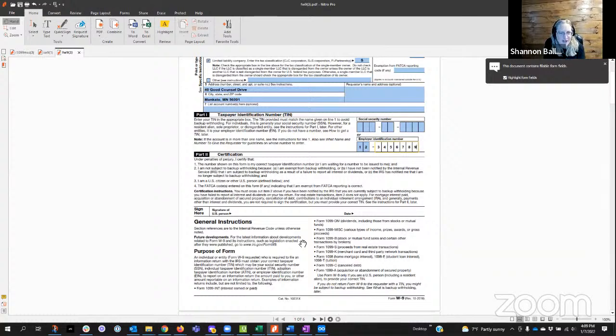Under penalty of perjury, I certify that the number on this form is the correct tax ID number, or I am waiting for a number to be issued to me, and I am not subject to backup withholdings because A, I am exempt from backup withholdings, or B, I have not been notified by the IRS that I am subject to backup withholdings as a result of failure to report all interest or dividends, or the IRS has notified me that I am no longer subject to backup withholdings, and I am a US citizen or other US person defined below, and the FATCA code entered on this form, if any, indicating that I am exempt from FATCA reporting is correct. Now, this is a part I did skip over